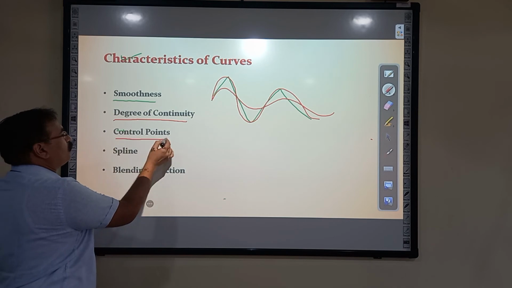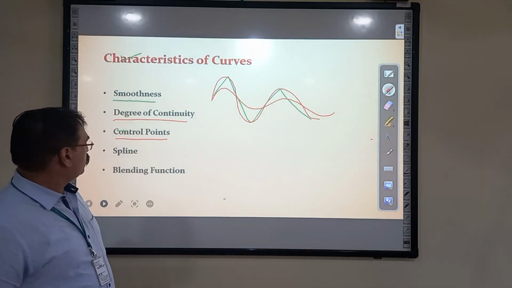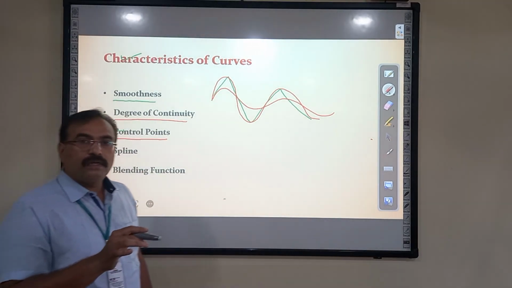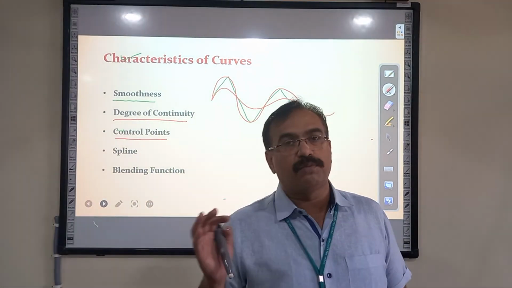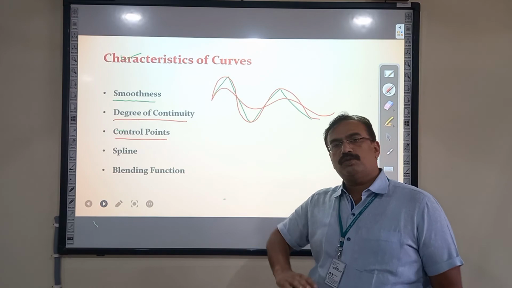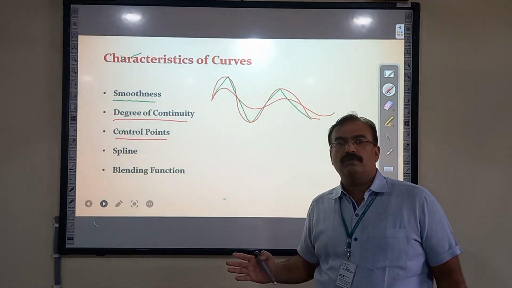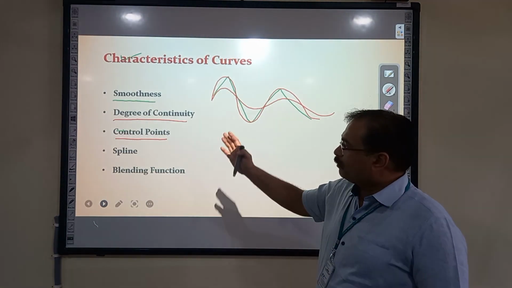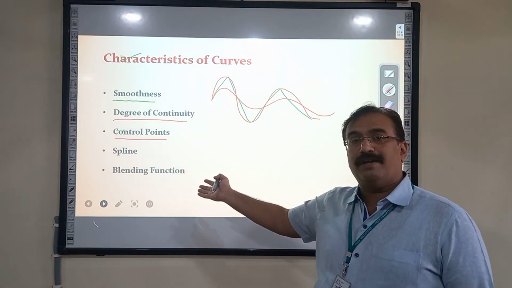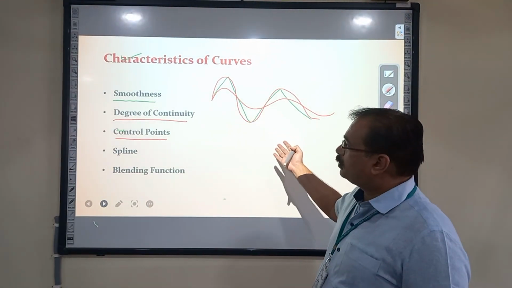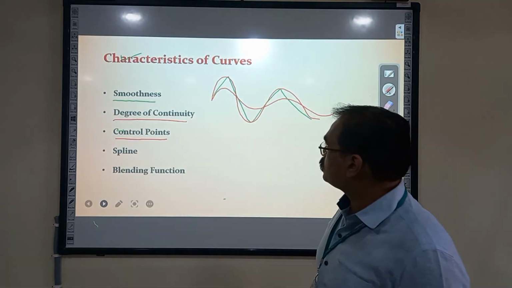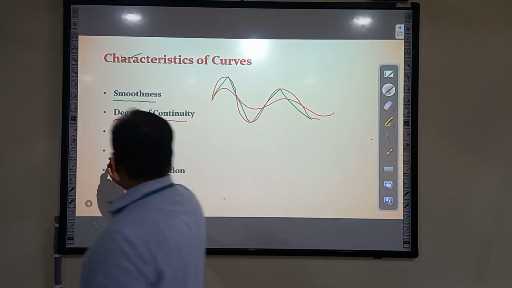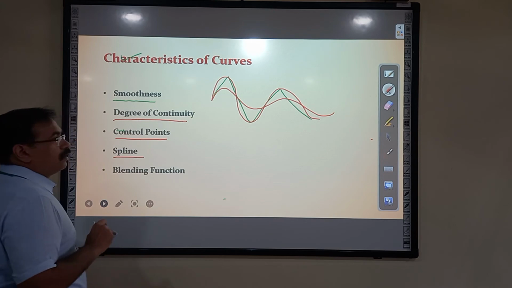We must have control points to define that curve. Control points have to be there, and more control points will give you better and smoother curves. But maintaining too large a number of control points will not be helpful, because the data handling will be a problem in this case. We must have a spline. A spline means,